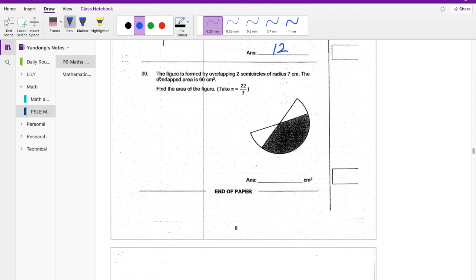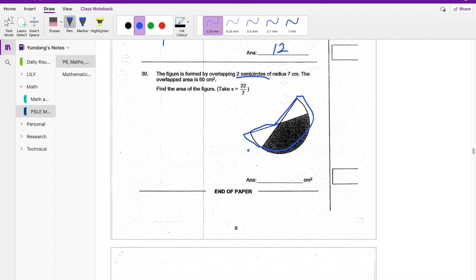Okay, for question 30. The figure is formed by overlapping two semicircles of radius 7 cm. The overlapped area is 60 cm². Find the area of the figure. Here, find the area of the figure means the total figure, right? So for this figure, right,